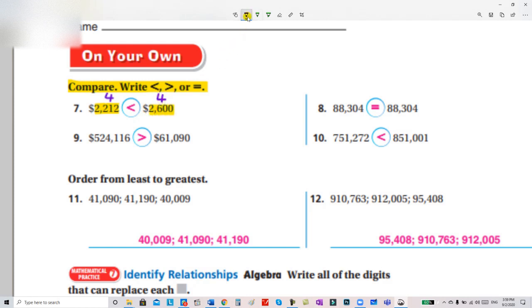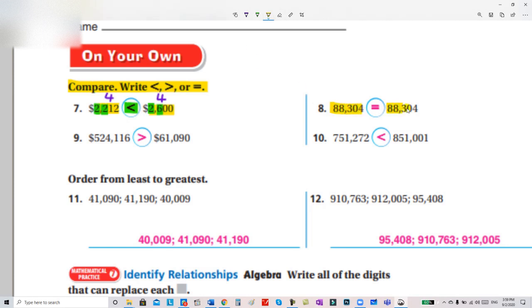So let's move to the second step, which is comparing the left digits. We have here 2 and 2. They are equal. So move to the next place, which is 2 and 6. So 6 is greater than 2. So we're going to put this sign. Okay, the next one, we have here